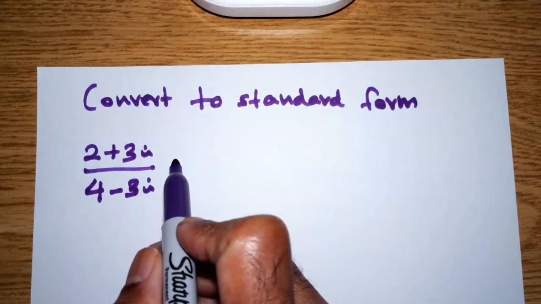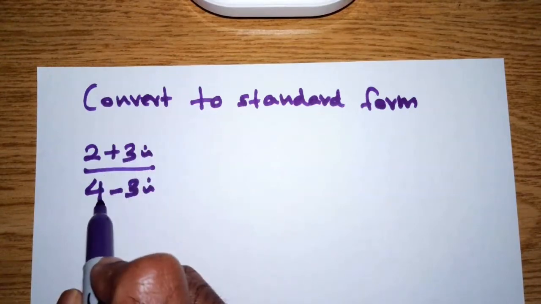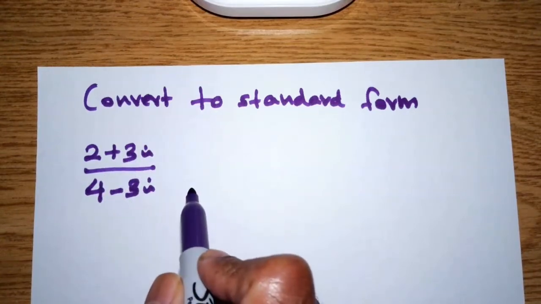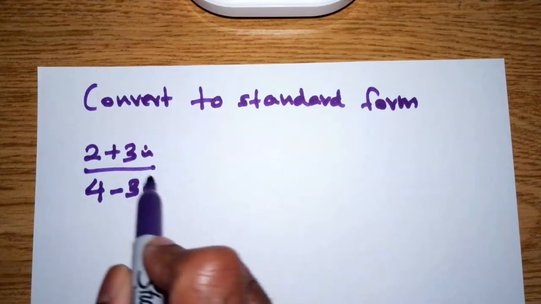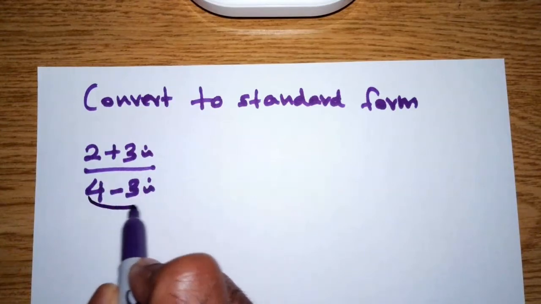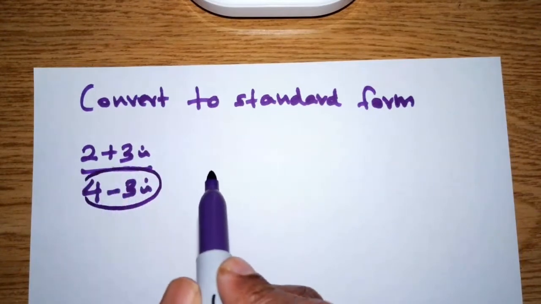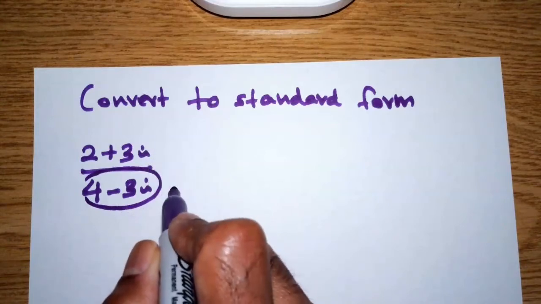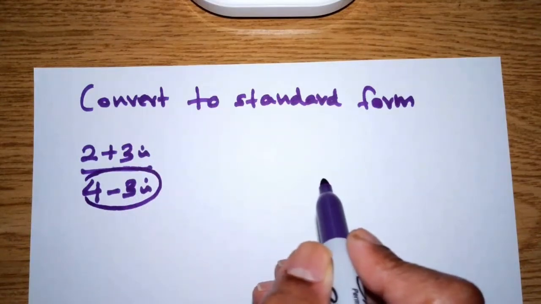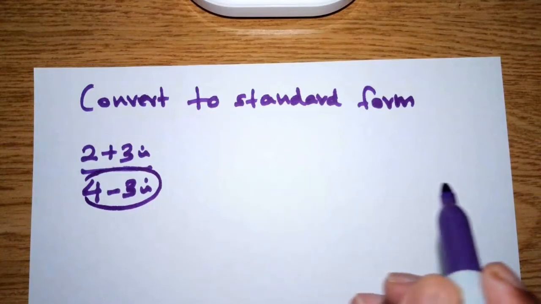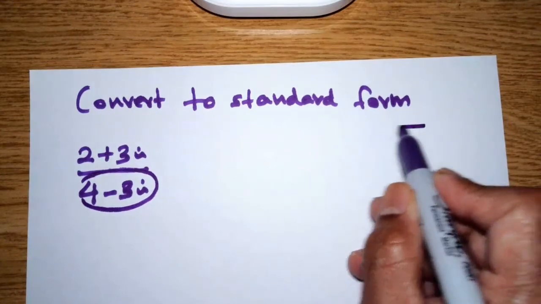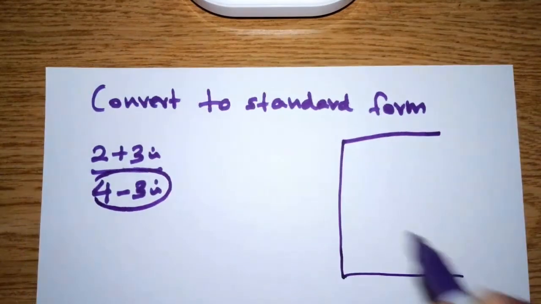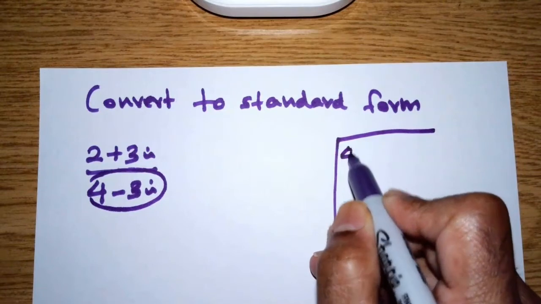So we have two complex numbers, 2 plus 3i, and we divide it by 4 minus 3i. So the first thing to do would be to make sure that the denominator becomes a real number. And the way to do that is we multiply both the top and the bottom by what is known as the conjugate of the denominator. So let's see what we mean by the conjugate of the denominator. So in this case, if you have 4 minus 3i,